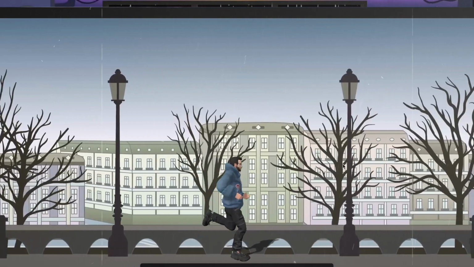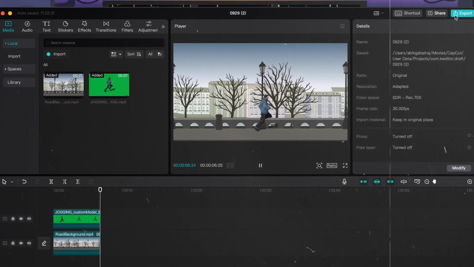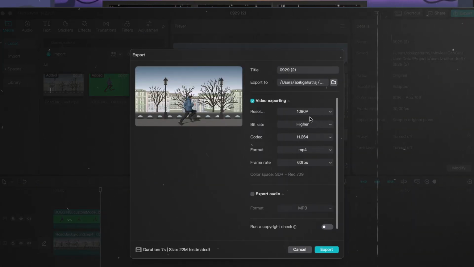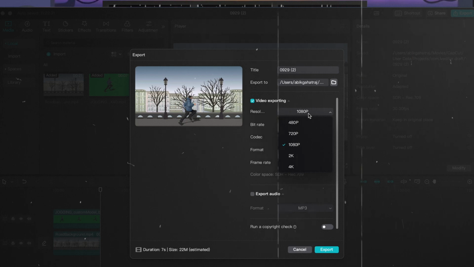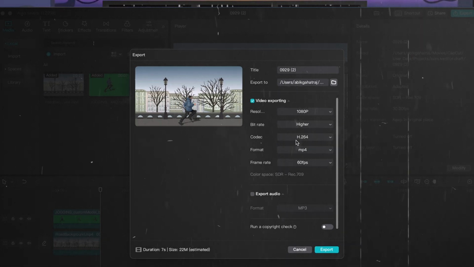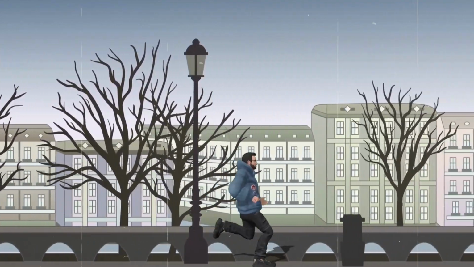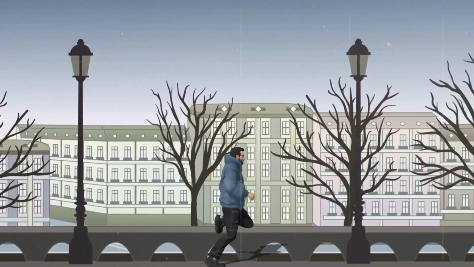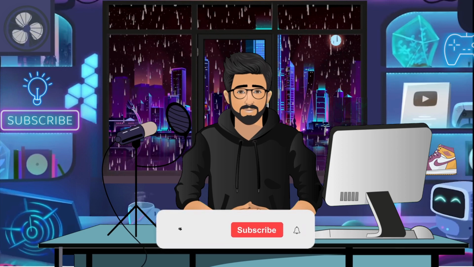In our case, we'll slow down the background speed. Once you're satisfied, click the Export button, specify the file name, and adjust video resolution and quality as needed. And voila, you've successfully brought your creation to life with this DeepMotion AI tutorial. With these straightforward steps, you can create your own